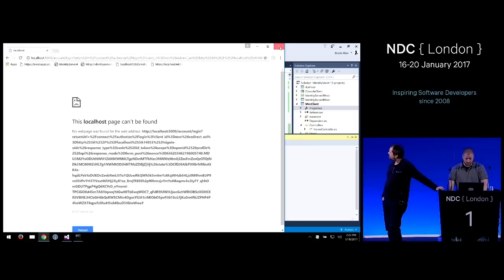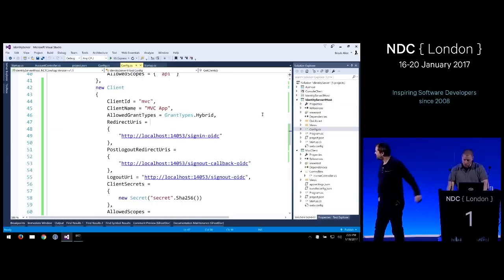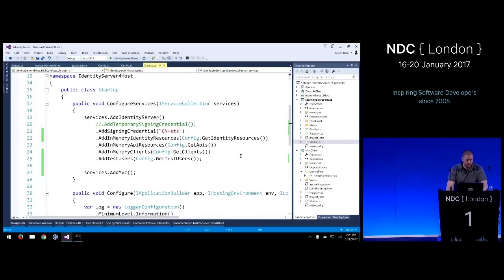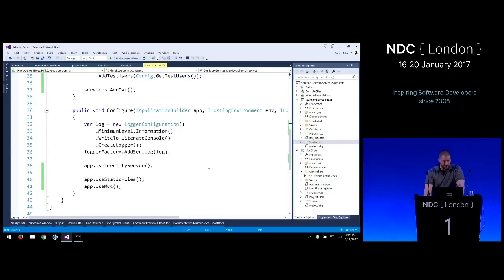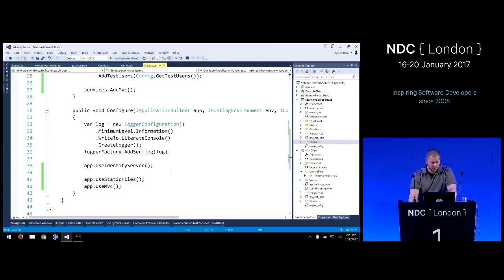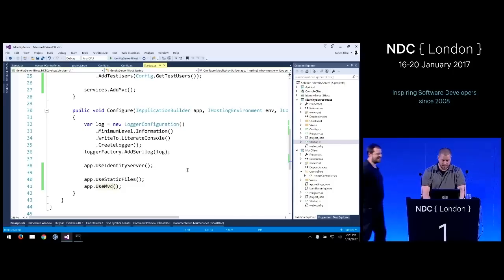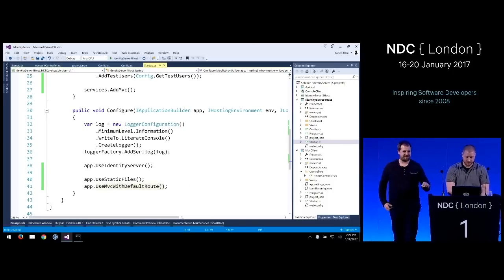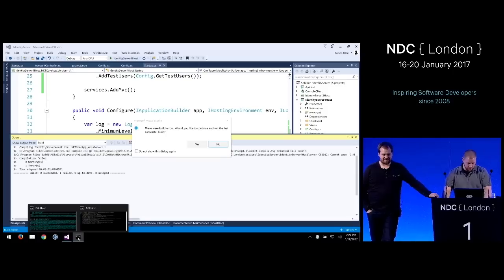Interesting. What did we forget? Add MVC, static. Oh, with default route. Thank you. There we go.